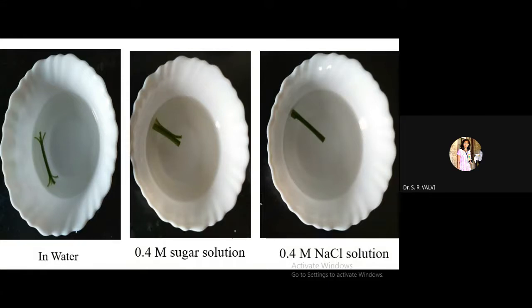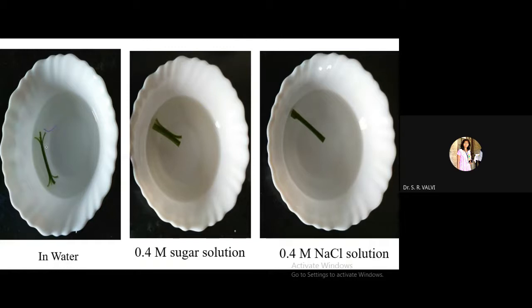Whatever material I have taken: these 3 bowls, and I have this plant material with me. I have kept this petiole first in normal water, nothing is added over here, only plain water. Then 0.4 molar sugar solution. Sugar and salt are already available at our home. Due to lockdown we have to prepare this, but yes, the experiment is successful. All the material is with me, and see here, you are going to observe this curling, right?